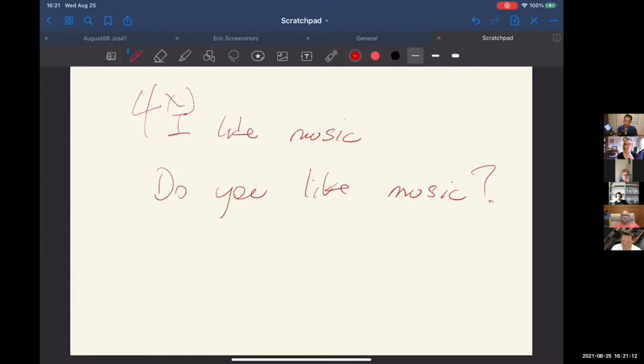And a lot of them will say this robotically. "I like music. I like music. Do you like music?" And you kind of have fun with it. You show them that they're acting like a robot, and I do a little robot dance with these students when they start doing that, and show them, pretend you're